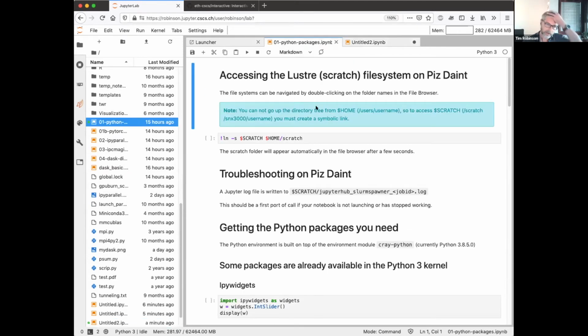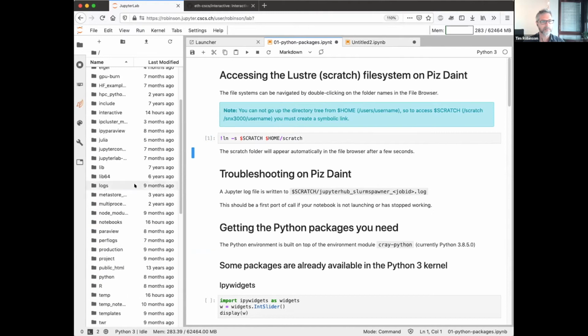So go into the notebook, and the first thing that you need to run, as I mentioned before, you don't have access to your Scratch by default. So again, what you can do is you can use this bang operator and do a soft link or symbolic link to $SCRATCH, which will be something like /scratch/snx3000/username, and we can just call that whatever you want. So I'll just call it Scratch, type that, and then you'll see, as if by magic,